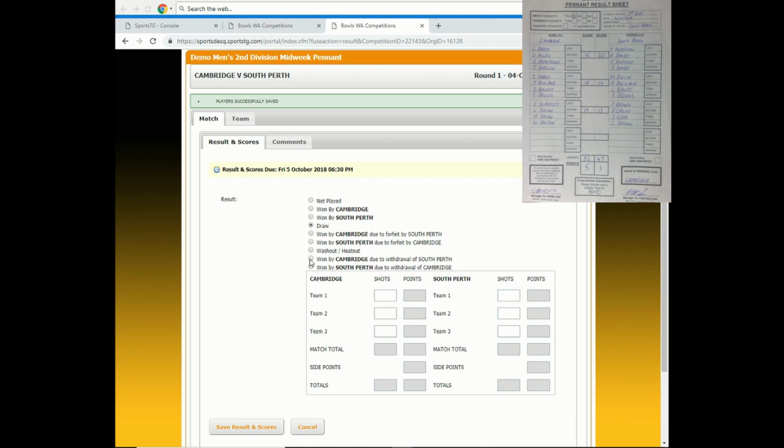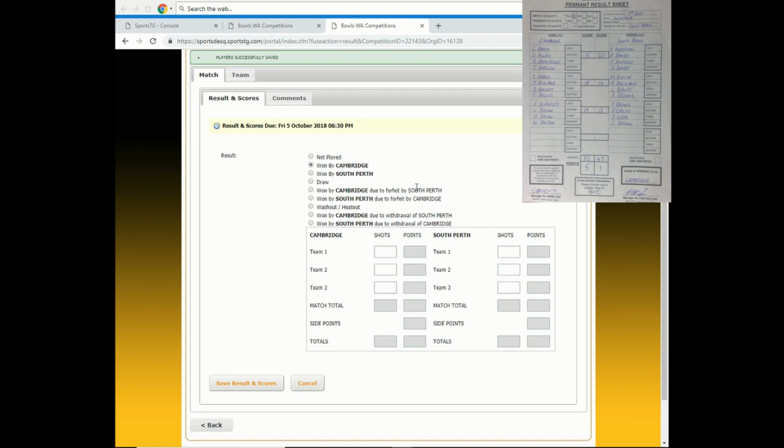Generally, if it's won by Cambridge due to withdrawal, or South Perth will not be used, administration will do that, so you won't have to worry about those two. It's just forfeits, wash out, heat out, draw, or winning by the club. In this case, Cambridge won the game. And of course, if we enter